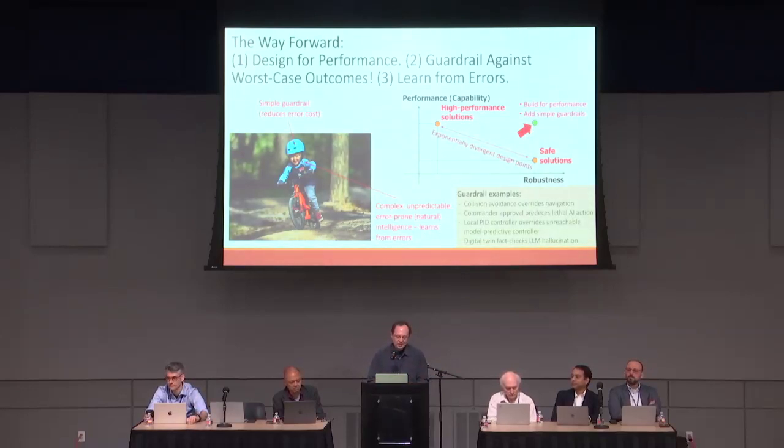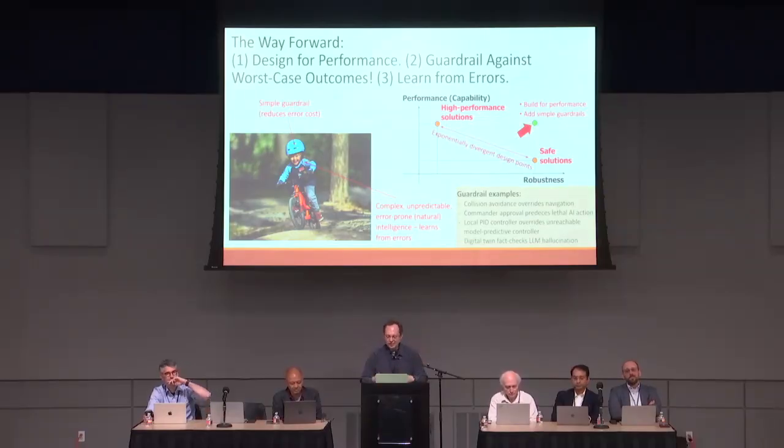What do we do? One possible solution is, sure, design for performance, but put guardrails. This picture here is an interesting, complex, unpredictable, very error-prone natural intelligence. It learns from errors, and it's wearing a guardrail, and the guardrail doesn't understand how that person thinks, but it kind of works. And there are a lot of actually interesting examples of guardrails in cyber physical systems: collision avoidance, overrides,